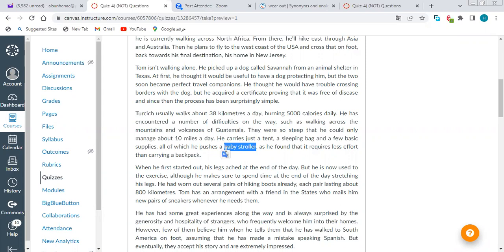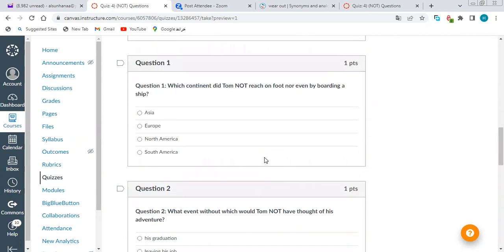To push something, نحن ندفع شيء, is much easier than carrying it, أسهل من حمله, in a backpack. So he did not take a backpack with him. Clear? واضحة؟